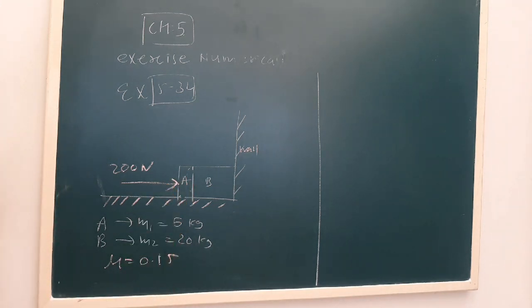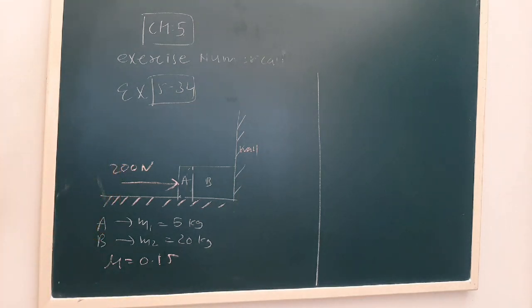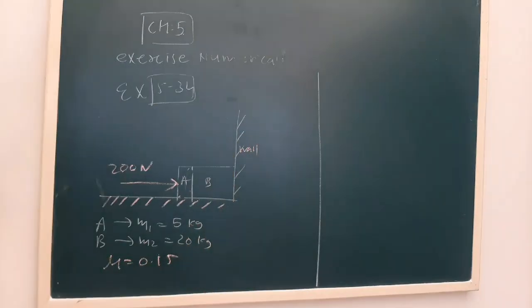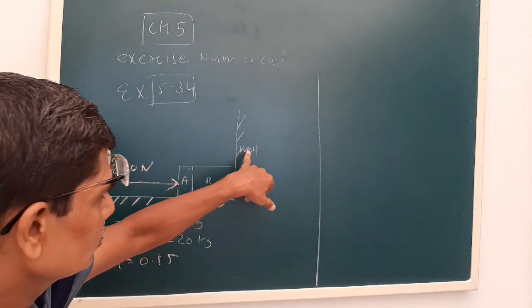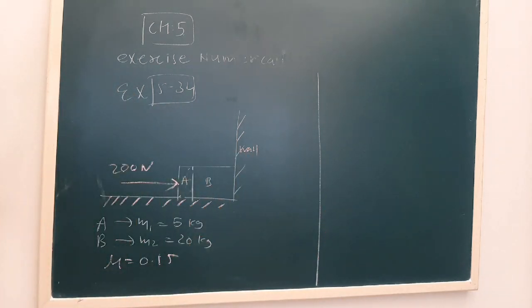What do we have to find out first? The reaction of the partition B. Here we assume that this is a wall, or a partition, that will exert a reaction. And second, what will be the change if there is no wall or no partition and the system moves to the right hand side? So these are the two things we have to find out in this lesson.